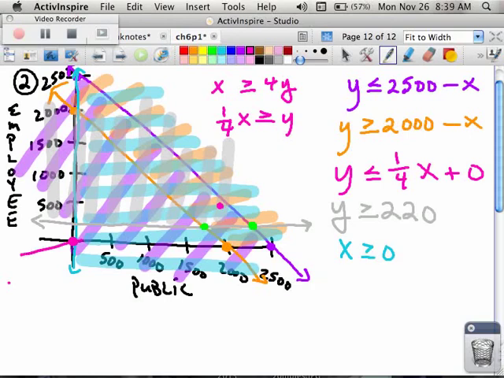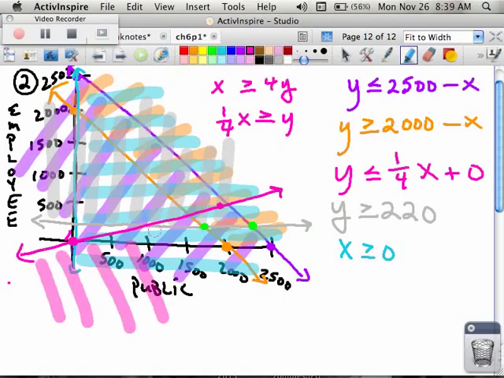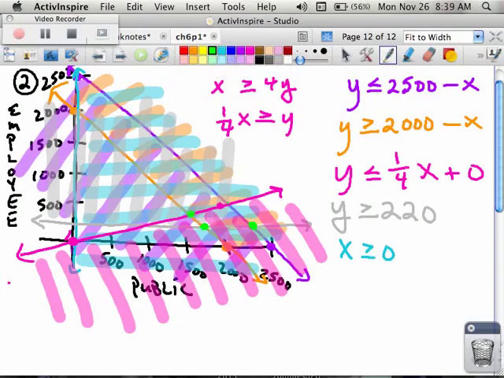And I draw that line. And what I'm looking at is shading all of the stuff that is less than or equal to that line, which means that when I shade, I want to be below it. And our feasible region is the overlapping of all of those places. So what we're talking about is the region